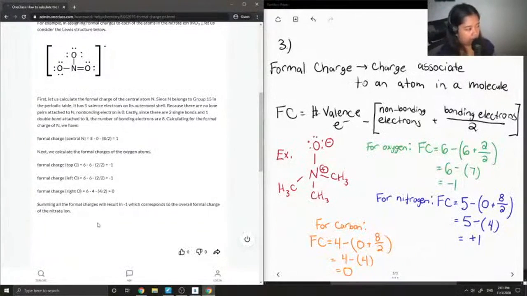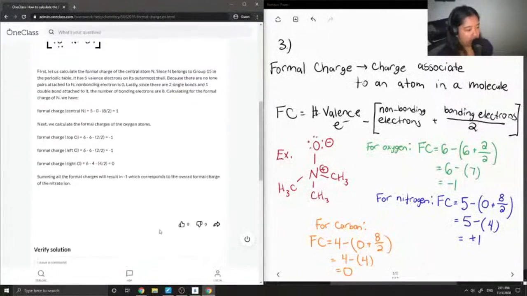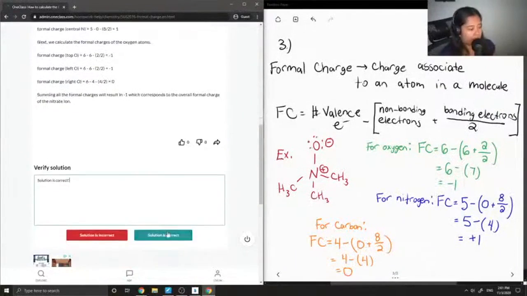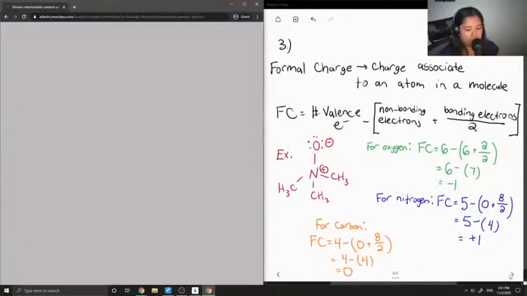Then they took the sum of all of the formal charges that they got, so +1, -1, -1, and if you add it all up, you get a resulting charge of -1 for the entire molecule. So this corresponds to the overall formal charge of the nitrate ion. That was a good example and explanation, so this solution is correct. So now let's move on to question number